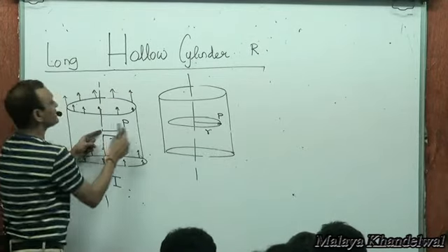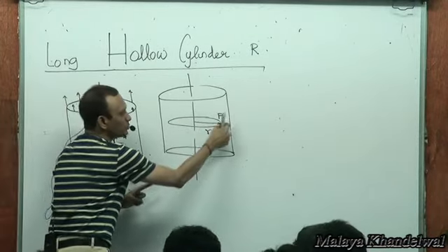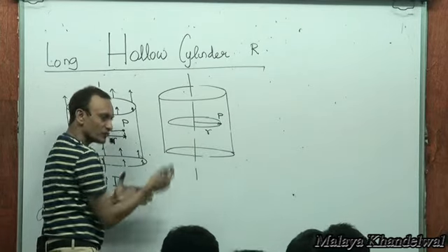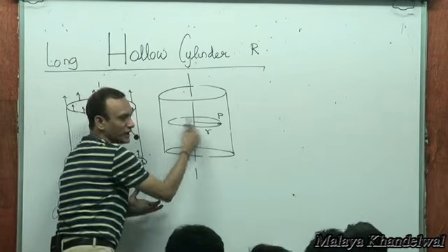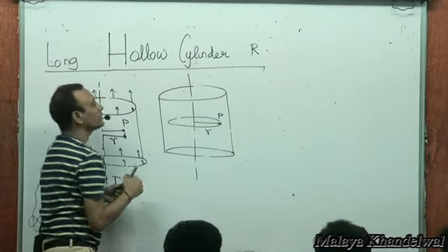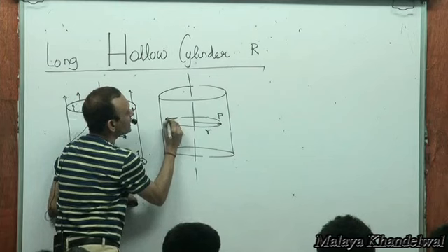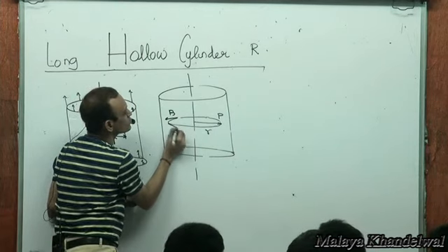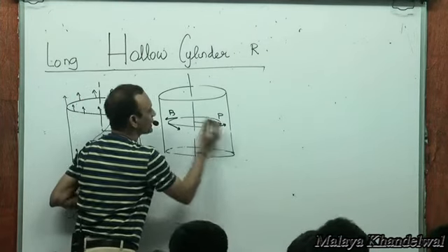From symmetry, can I say that at all points of this loop, B will be the same? From symmetry, there is no difference between one point and another of this interior loop. Not only that, if there is a B, then each of the B's will also be along the tangent to the loop, again from symmetry,